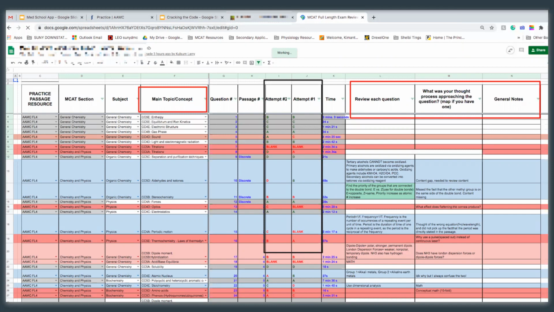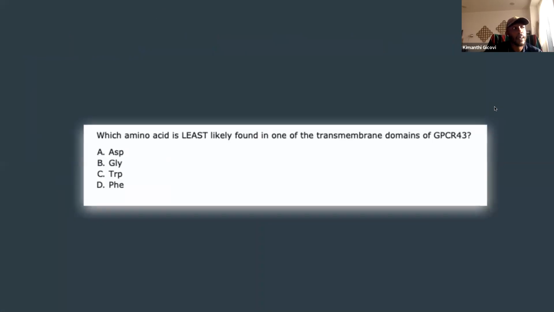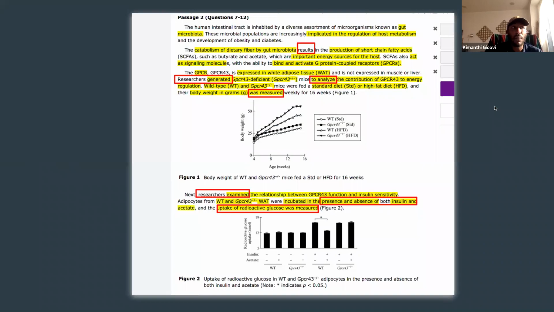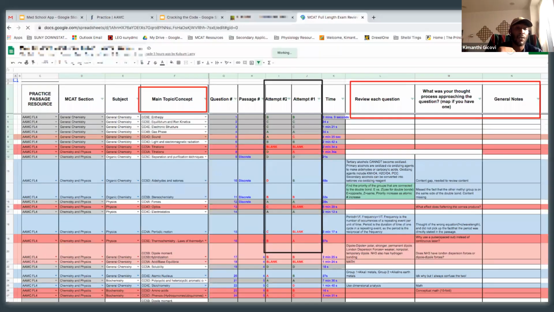How do you tell whether something is more so content versus not content? Right, so it depends on the question. If the question states "based on the passage," that oftentimes is an explicit question. And content questions sometimes are very obvious. That looks like a content question. But more specifically, I think what you're asking is, how do you know if you missed a question because of